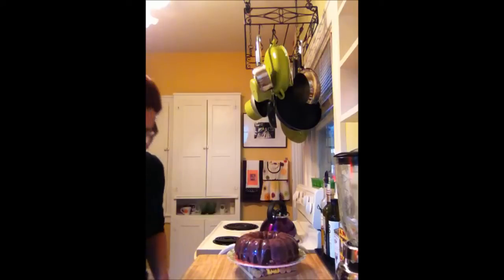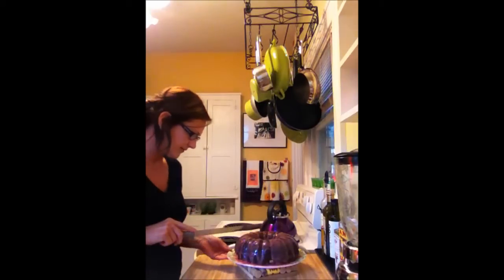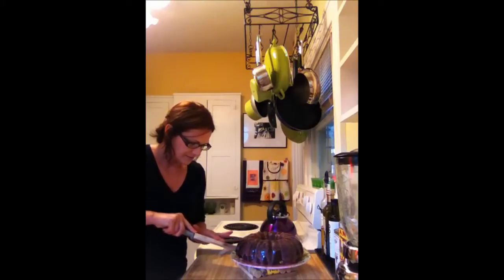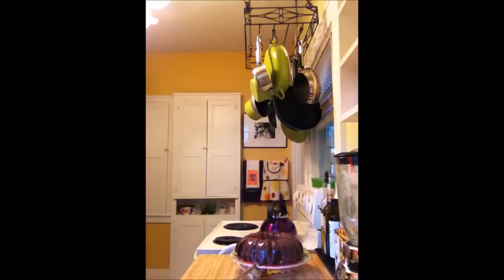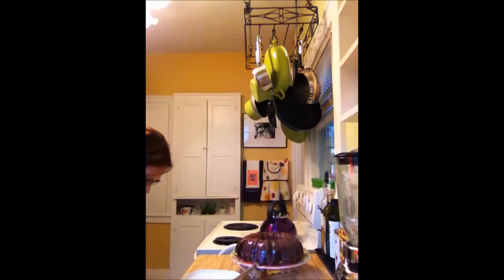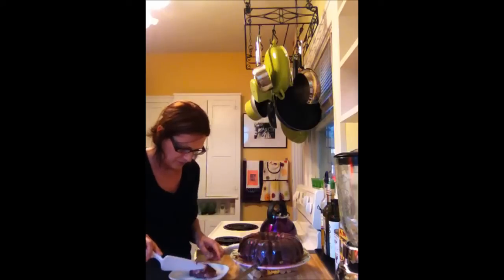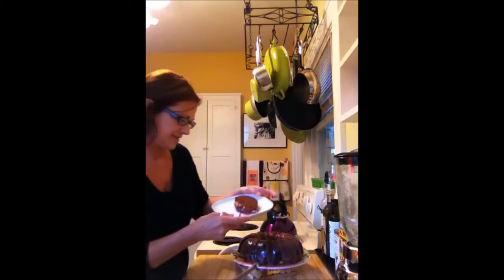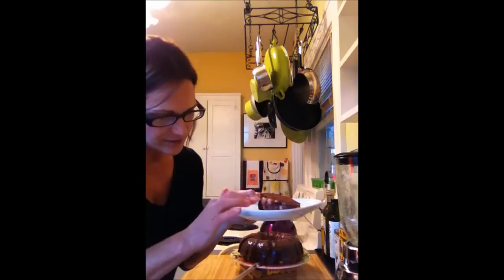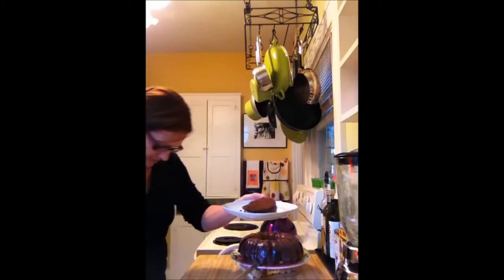Okay, now we're going to just go ahead and cut a little piece to see how it turned out inside. I'm sure it is beautiful. And get a little plate out to put it on. Oh, yes, that is lovely. There it is, nice and moist. Very dark, and with a little, see our little white chocolates on the bottom, and it has the nice drizzle,